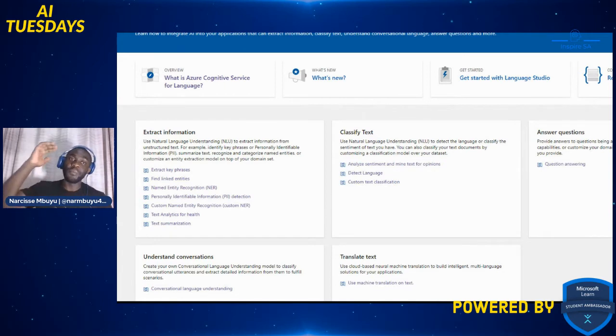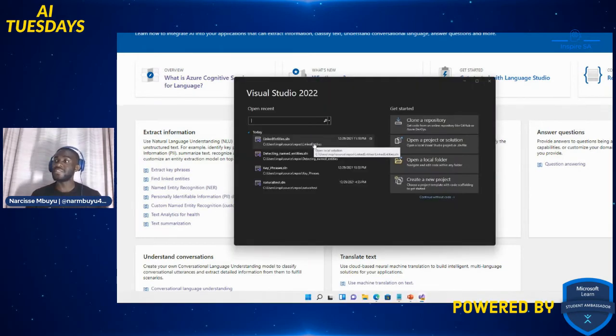Right? We're going from easiest to hardest. So the next one on the list is personal identifiable information, PII detection. The first thing I'm going to do is open Visual Studio again and do the same steps. Very simple, easy to get started with, right?